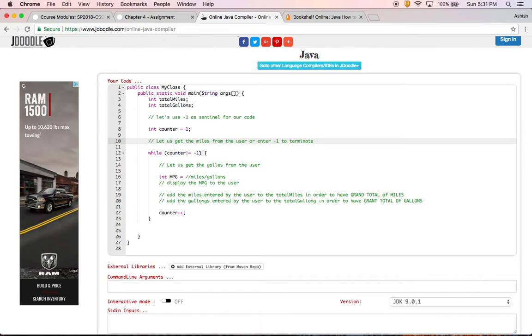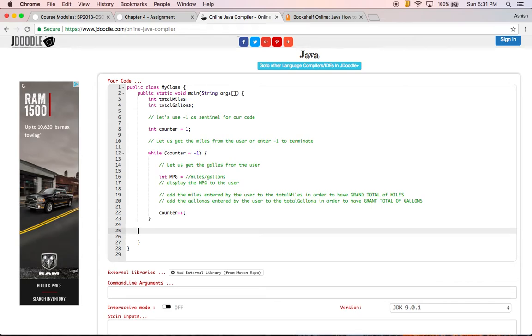Something like this, okay. Now counter is used to go through the while again, and after the while loop ends, we are going to display the grand mpg by dividing the total miles divided by total gallons, okay. This is a pseudocode I have written just to give you a point of view on how you need to